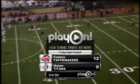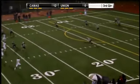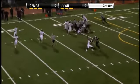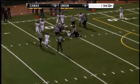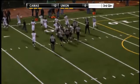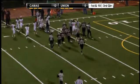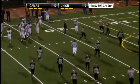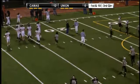Alcobendis to kick once again. This one a little short, and it's going to be taken in the field of play. Don't see that happen too often. It doesn't matter much as the tackle's made right at the 20-yard line anyway. So the Titans will go back to work. In fact, they're going to spot it at